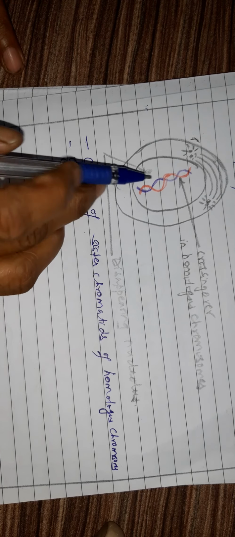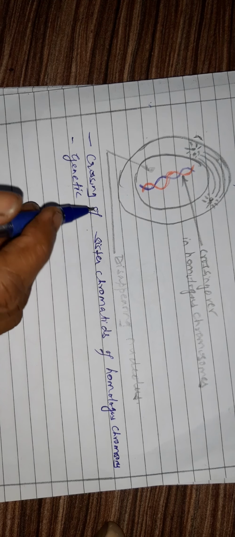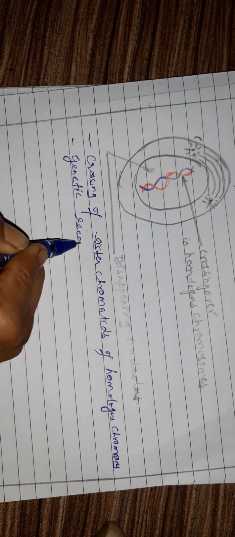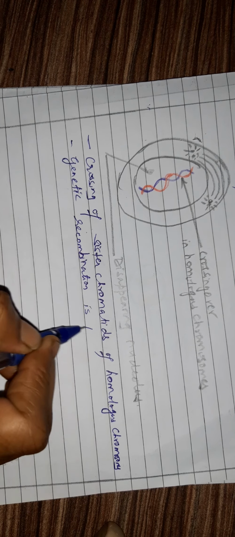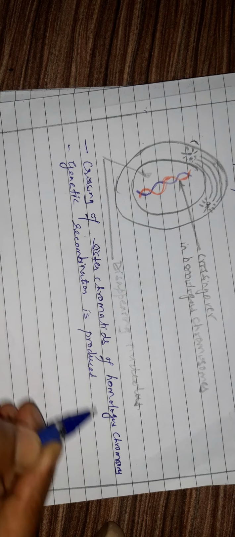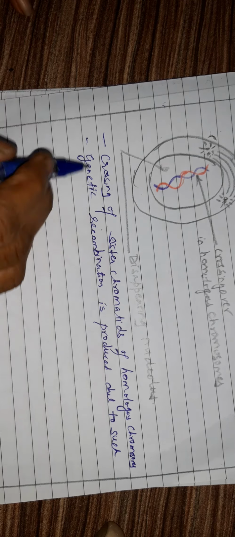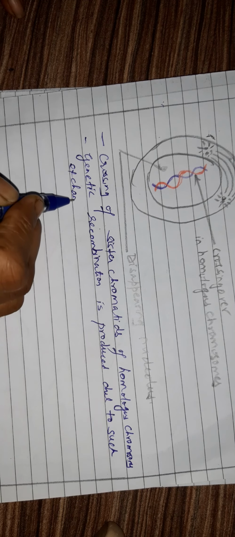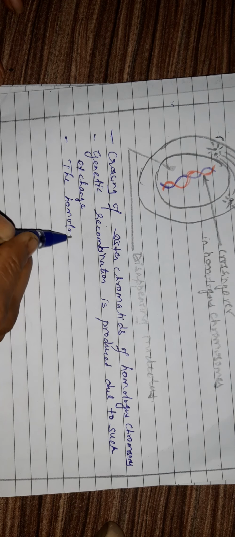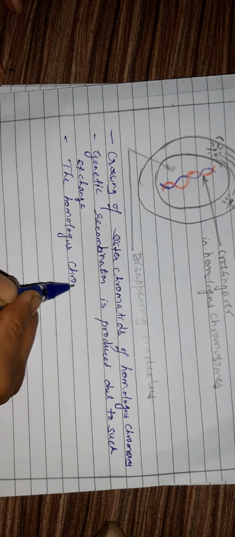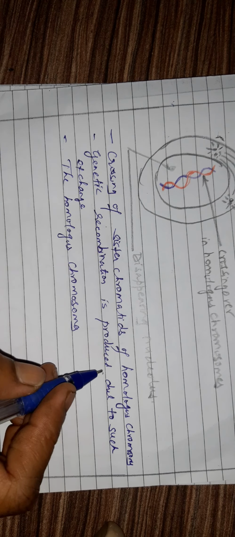Now see here, as there is crossing over, genetic recombination is produced here due to such exchange. The homologous chromosomes remain